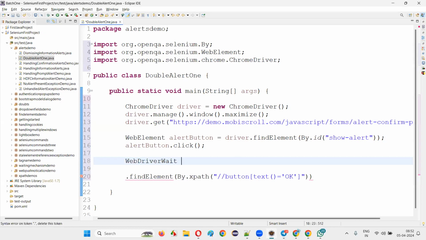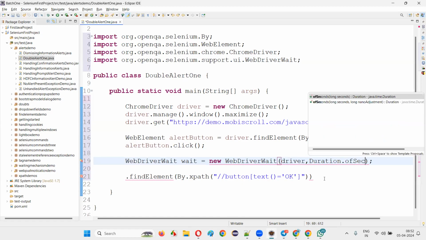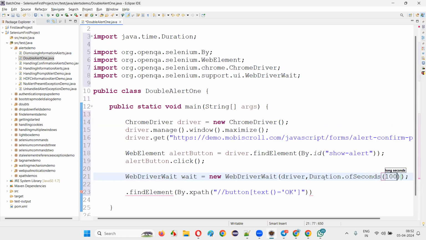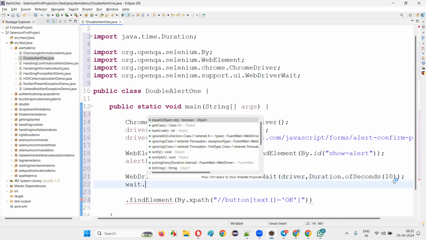WebDriverWait wait is equal to new WebDriverWait, and Control Shift O to import. And then here I'll write driver comma Duration.ofSeconds, and here I'll give, let's say, maximum 10 seconds. It's asynchronous, but generously we are giving the time. wait dot